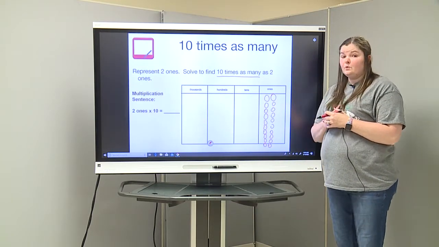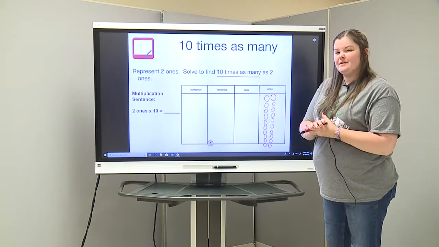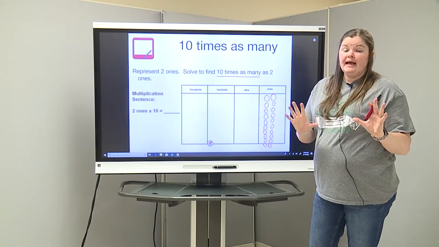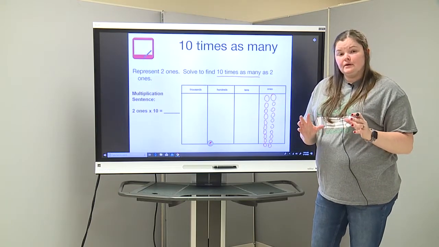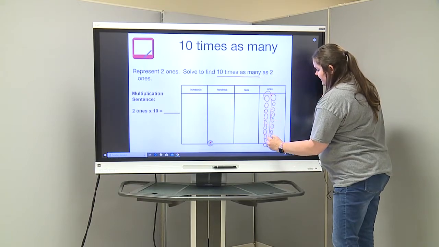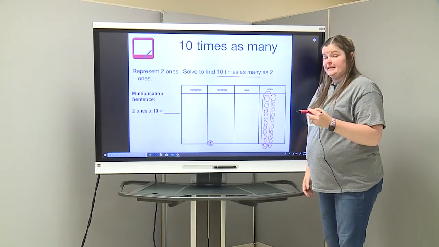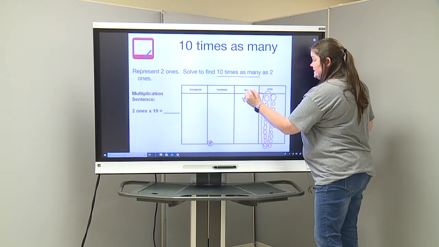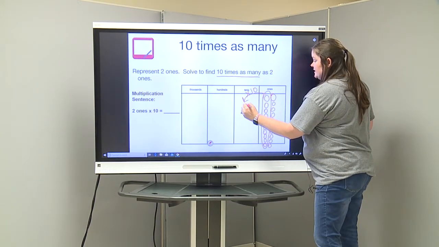Now, that's a lot of ones. Do you think that I can keep all of those ones in the ones place? I absolutely cannot. I need to make a bundle of 10. So I know that this first group is a group of 10 or a bundle of 10, and I can move that over times 10, and that's going to become